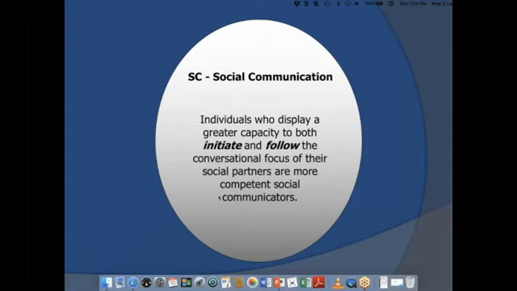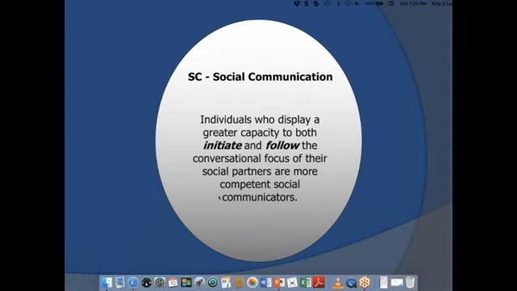Now, within the context of Phelan-McDermid syndrome, we really want to think about what that back and forth looks like. And we need to think about it in the context of the developmental level of the children and the individuals in our lives. But it's still that connectedness to another person and that ability to maintain connection that allows us to have this social communicative competence, or this base for social communicative competence.